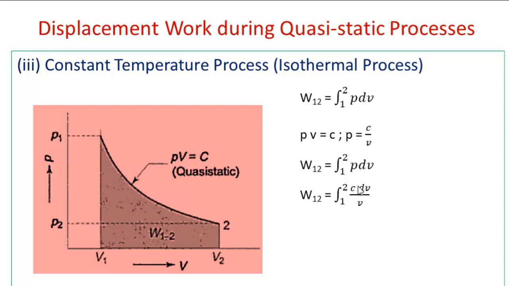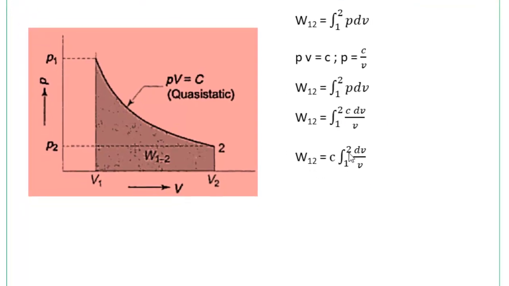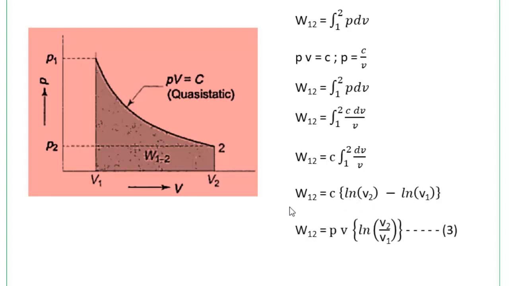Since C is constant, that can be taken out of the integral symbol. So it will become W1 to 2 equal to C into integral 1 to 2 dV by V. If you integrate dV by V, then we will get ln of V, right? Natural logarithm of V. So for that, if you substitute the upper limit and lower limit, then it will become ln of V2 minus ln of V1, right? So this can be simplified as work transfer equal to C into ln of V2 by V1,